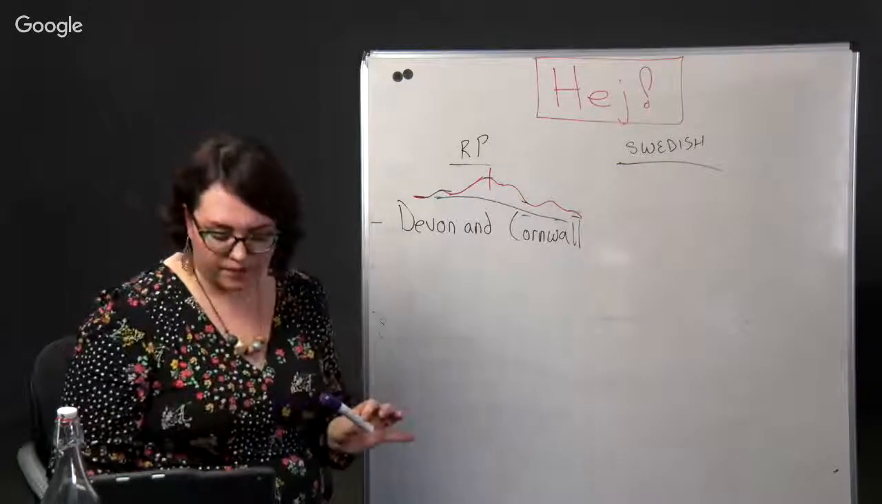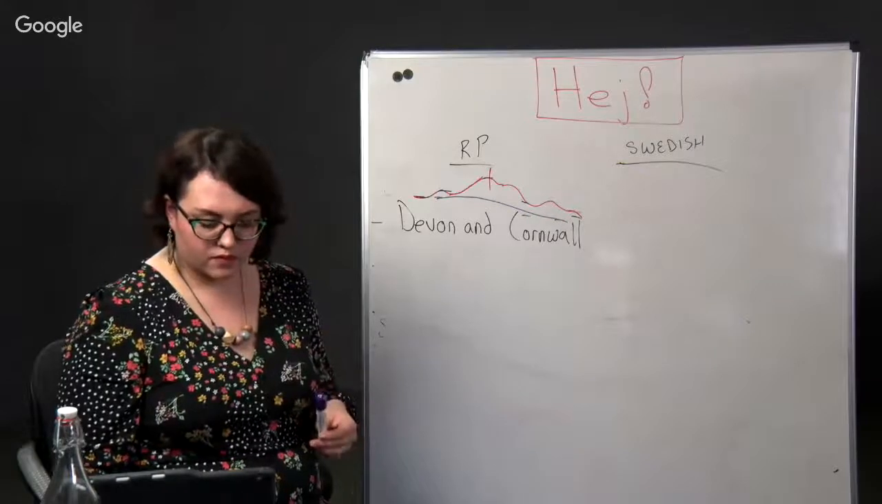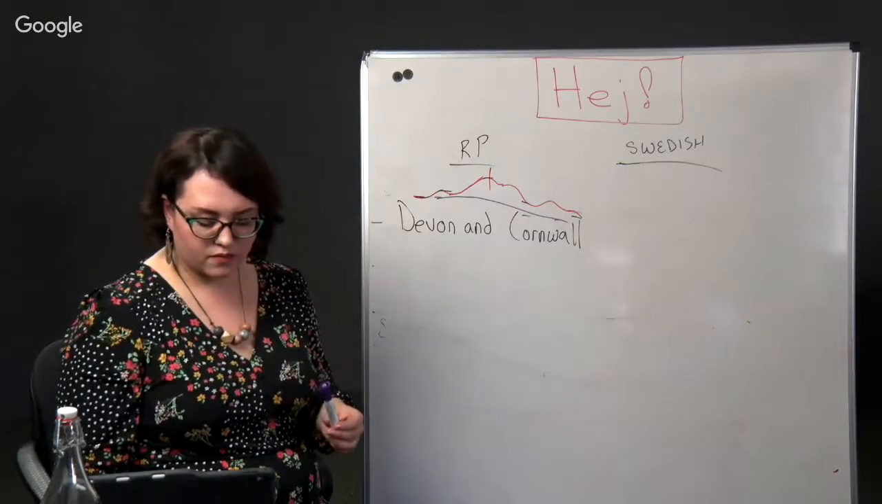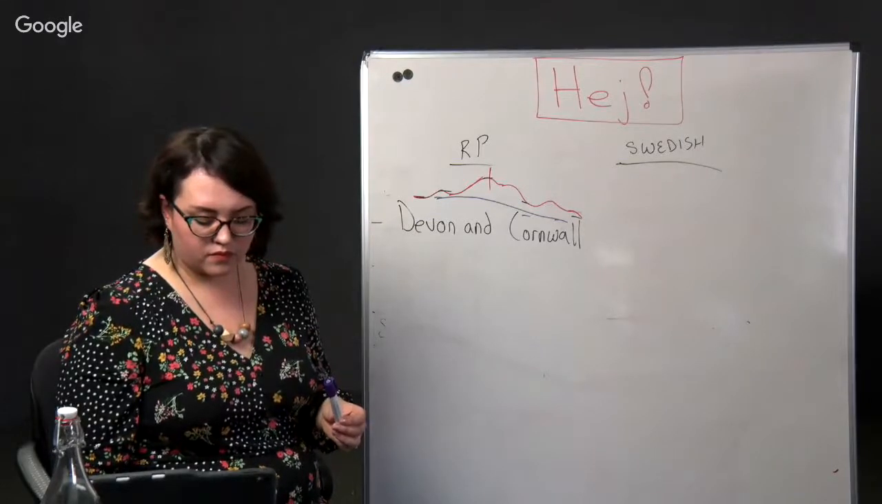Let's listen again. Swedish sculptor Carl Milles, 1875 to 1955, was a towering figure in the Swedish art world during